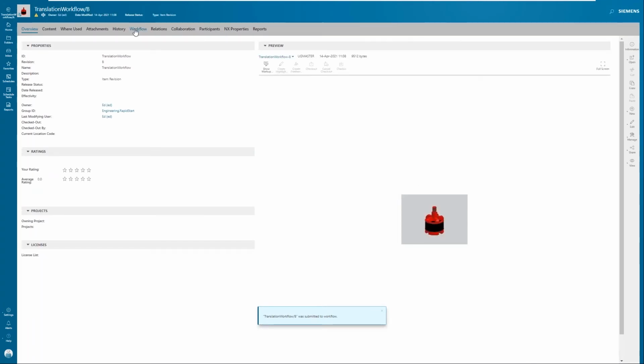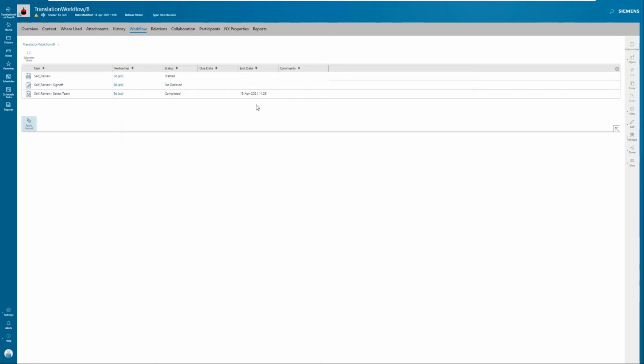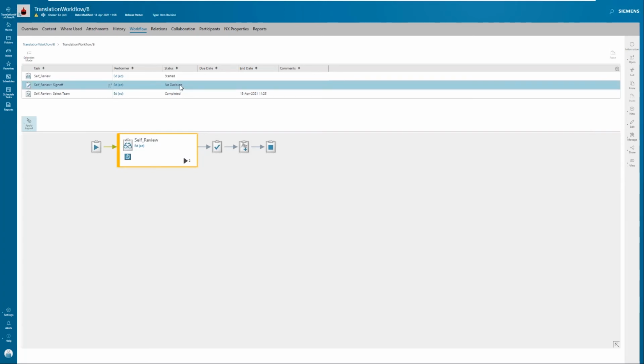However, we're just going to go ahead and complete this on our own for the purpose of our demonstration. And we can see that we have our workflow tab up here. We don't have a 3D tab, but that ought to pop up for us here shortly. So within this workflow, we can see that we've got our translation task just a little bit further down the line. So what I'm going to do is go ahead and complete this